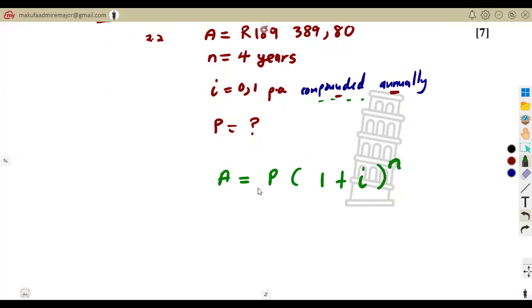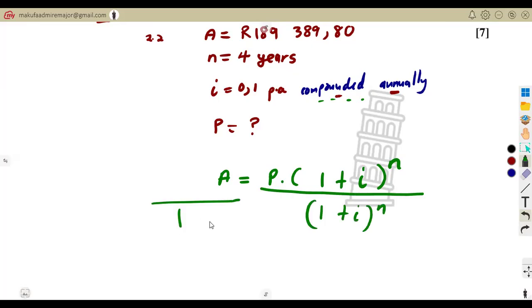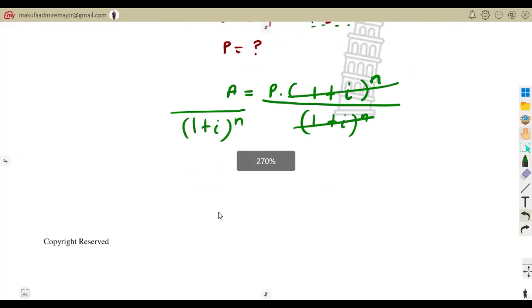So you need this P. So you can simply divide by the bracket. Remember, guys, what I said? Simply divide by the bracket as it is. Talked about this on our introduction. So this can cancel, and you are remaining with P, which is the one that you need, your principal. So the principal is equal to this formula now,